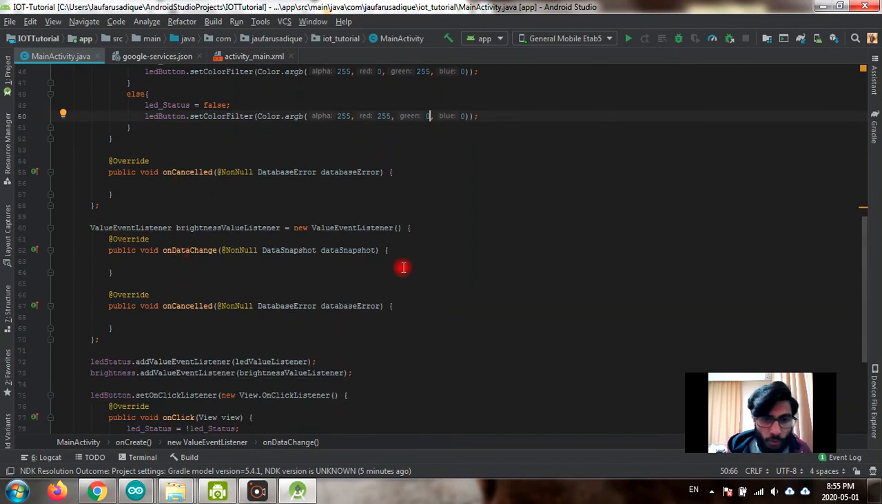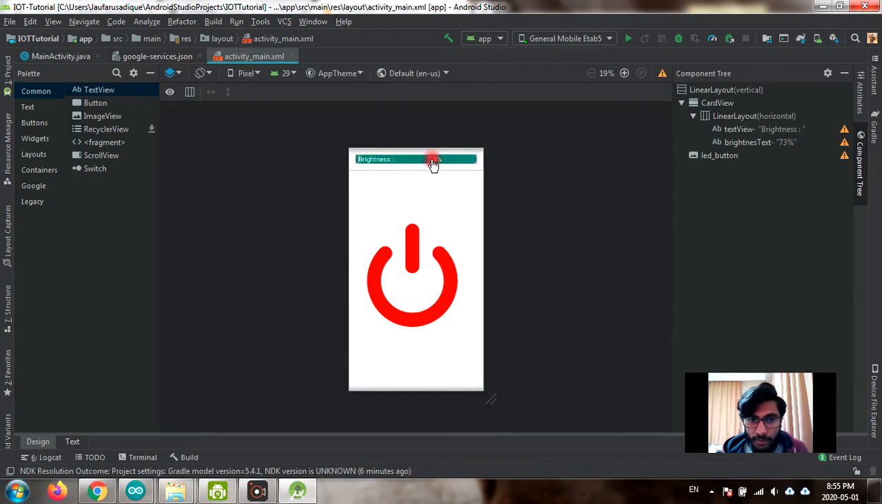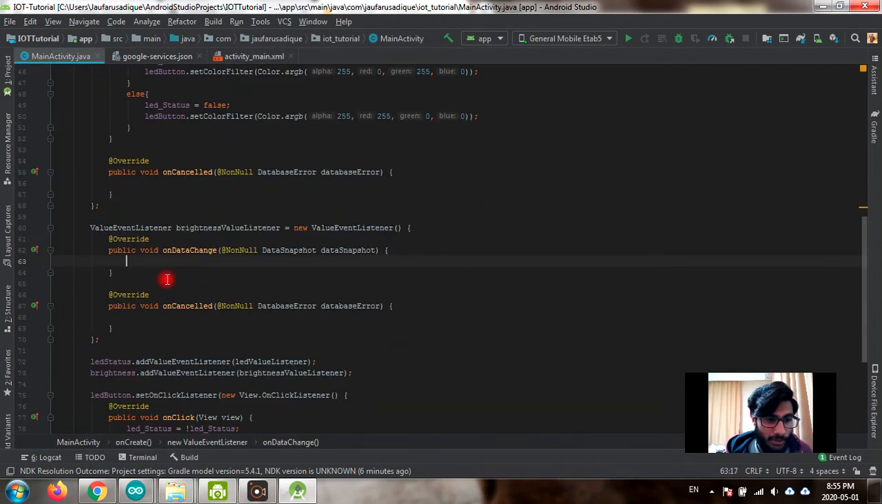And now on brightness, so on data change, the brightness has to change in the app, you know, that we kept a place here. So this 73, for now I just randomly wrote a number there. So this number has to change. So what it has to do is